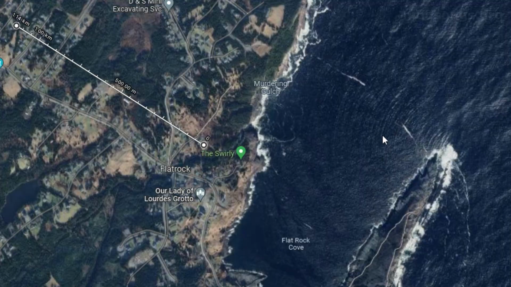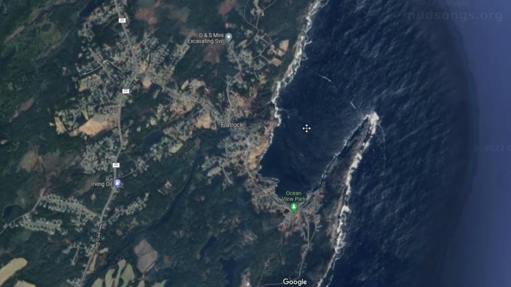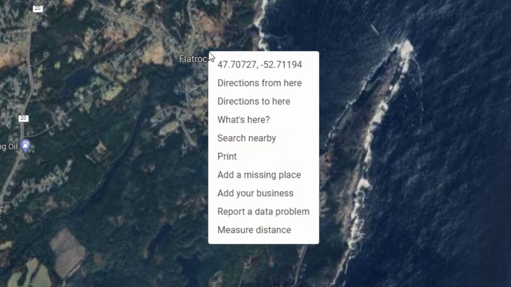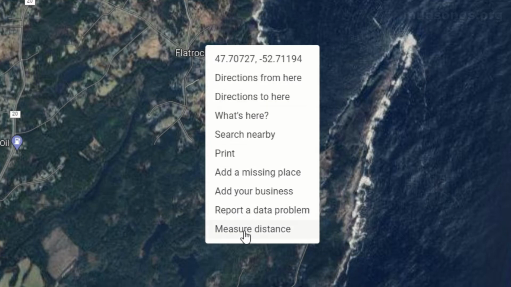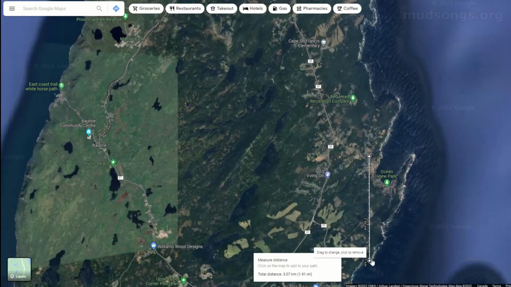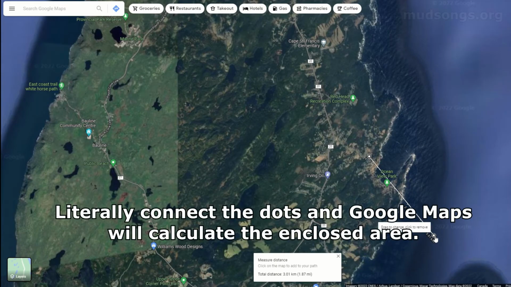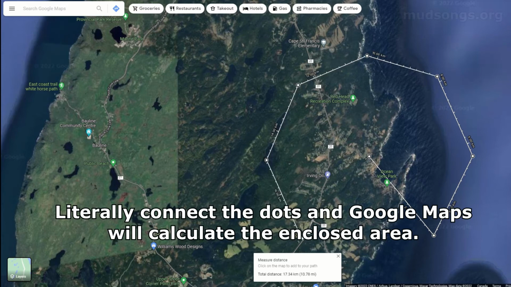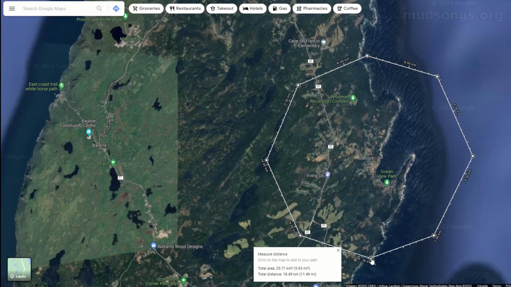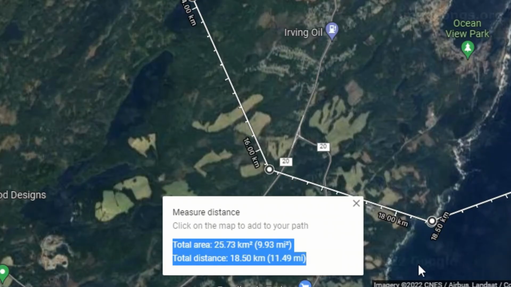But you can also, this is in Flat Rock, and I just wanted to demonstrate how a third of my bees' foraging area is the Atlantic Ocean, which is not that great. But anyway, if you can give a rough estimate of what you think the forage area is, you can use the same dots, and if you enclose the area and come back to the original measurement dot, Google Maps will automatically calculate that area, right?